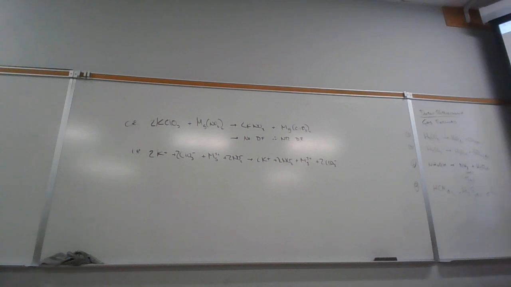Write the net ionic equations for the precipitation of each. So this one is just lead 2 ions combining with carbonate. This is calcium combining with hydroxide. Except calcium hydroxide, wasn't that one of our